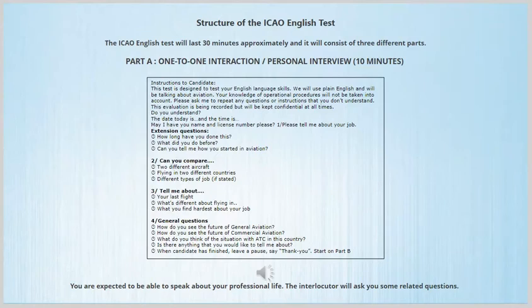Can you tell me how you started in aviation, please? I started to work in aviation because I did my flight instructor license, and unfortunately I couldn't find a job here in Somerset next to the school where I did my license, and I started to fly as a new flight instructor, and step by step now I am nearly the chief flight instructor.